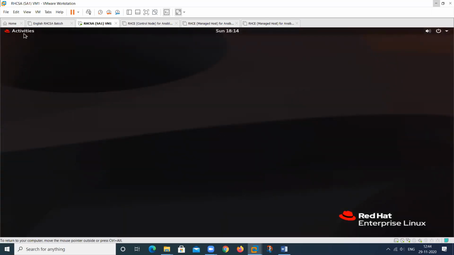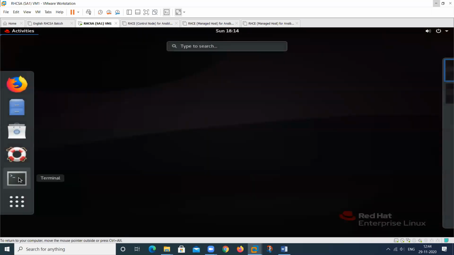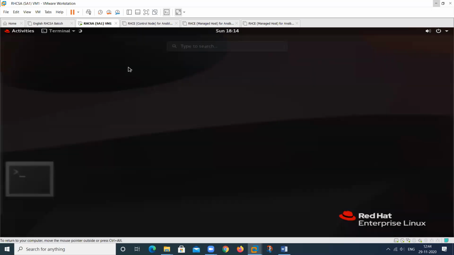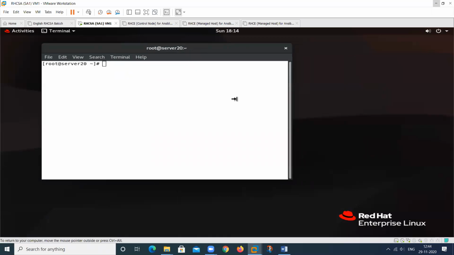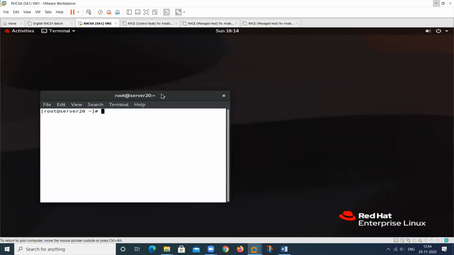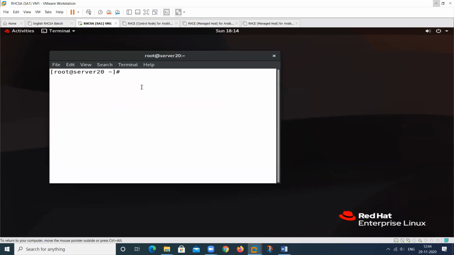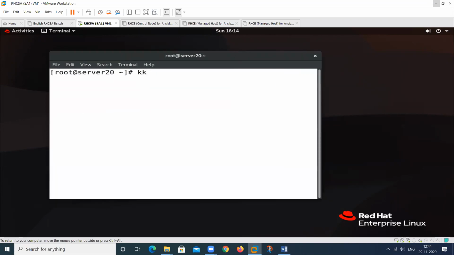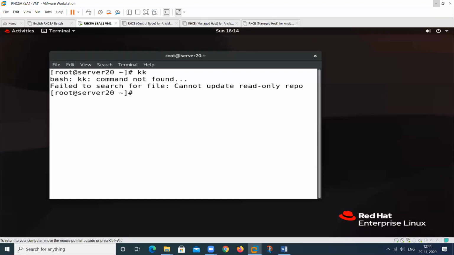What do we need? We require one interface. The interface is the terminal. This terminal is required to type any particular command. In this terminal, we can type anything. It can be a command or it can be any text. But when we type something that is not recognized by this particular program, it will show me an error, because this is not a predefined program. It's just a text string that is not recognized by this program.